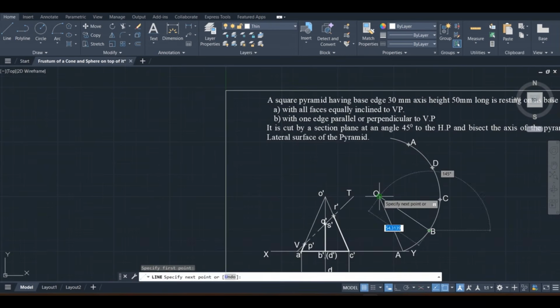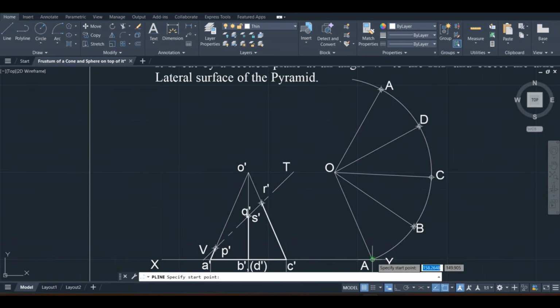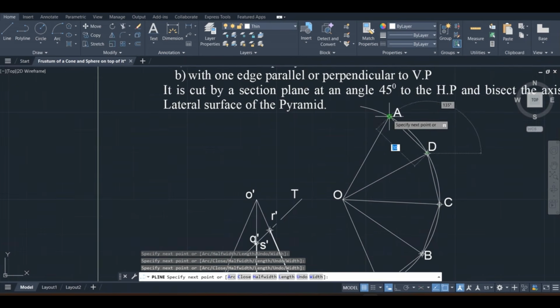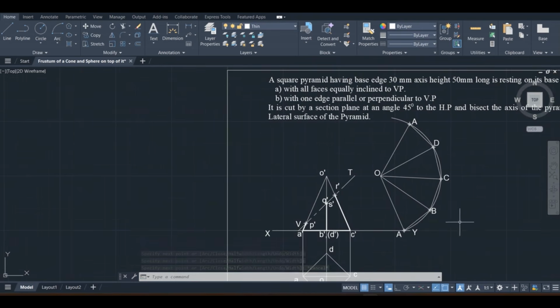Draw the slant edges from these points to peak point. Also join these points on the curve with straight lines: A to B, B to C, C to D, and D to A. These are the base edges.